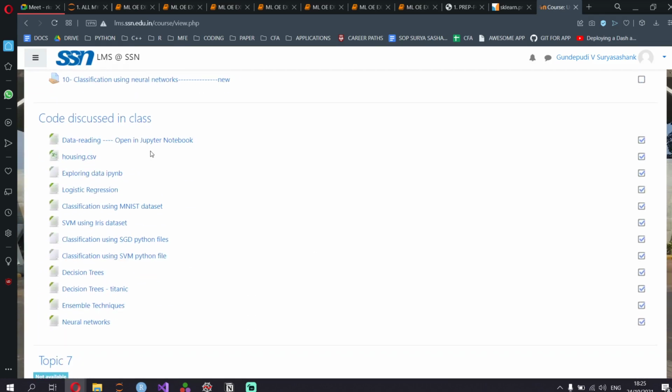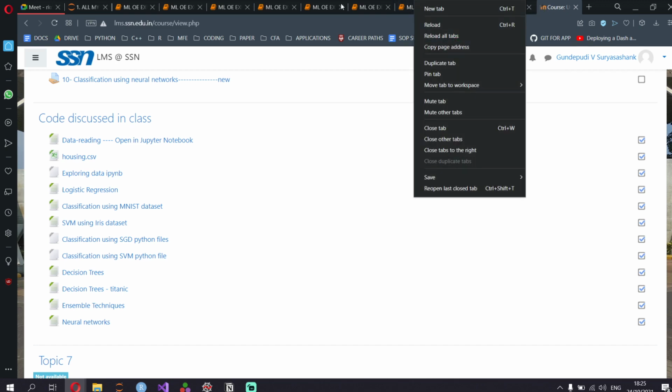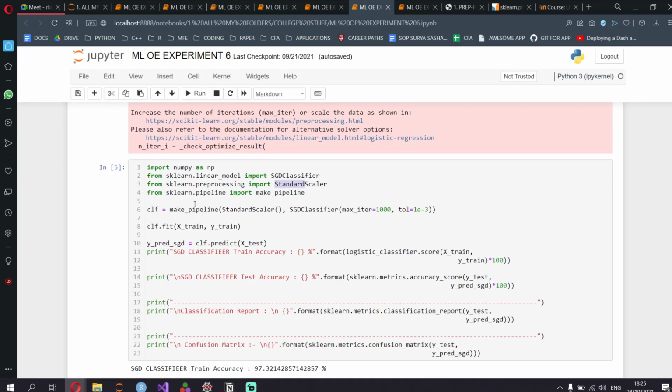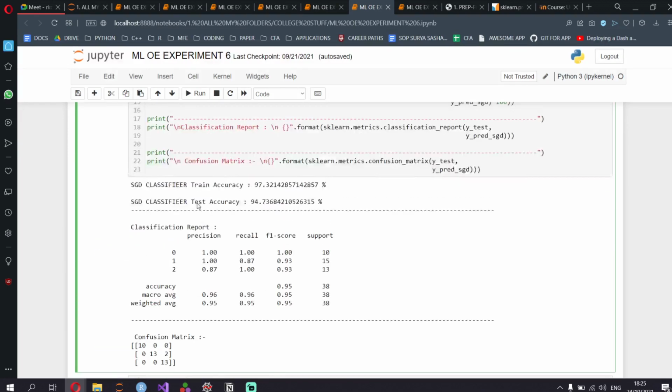But go through each one of these codes to know how to import and what to import. Okay, for each one there'll be like 5-6 ways you can import it. So you need to learn how to import it. That's the only thing you need. Otherwise the entire rest of the process is extremely similar. Okay, so let us go for